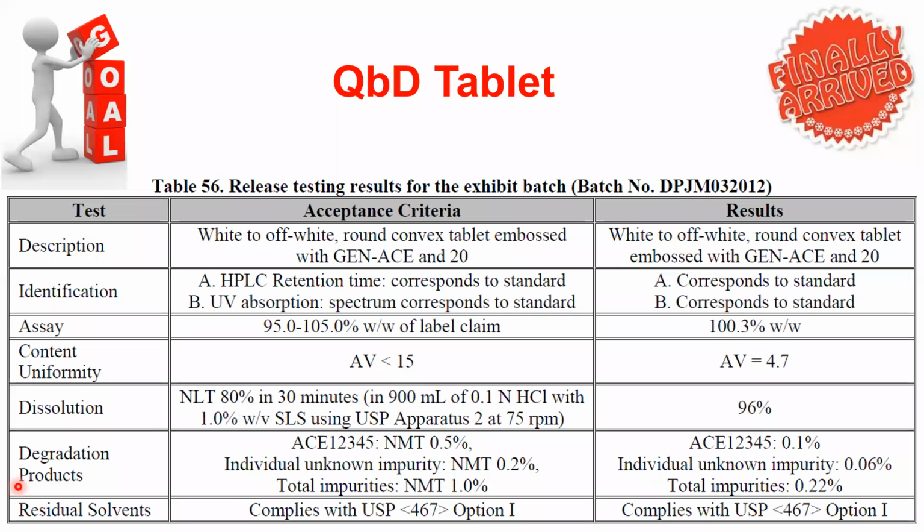So degradation products, there is a criterion: should not be more than 0.5, and unknown impurity should not be more than 0.1, and total should not be more than 1. You can see all are very minimal. It is around 0.05 with respect to 0.1, with respect to 0.5, 0.06 with respect to 0.2, 0.22 with respect to 1. So that much less degradation products they got because initially they were able to screen the excipients. If you could remember, magnesium stearate is a culprit. They have taken it out and put it in the extragranular matrix. So there is no degradation of the drug.